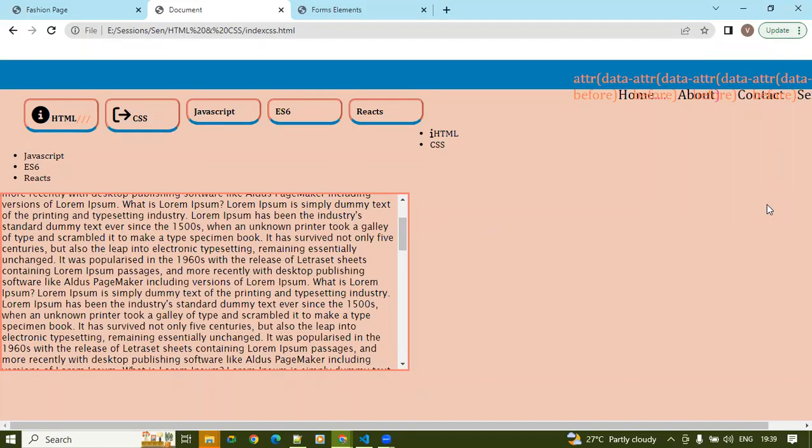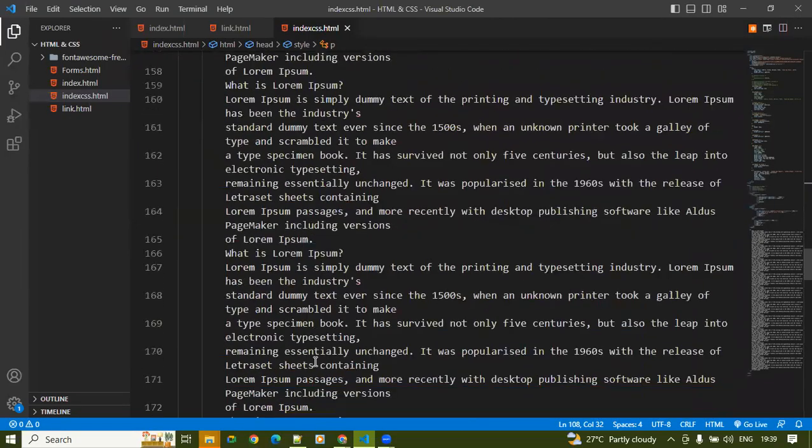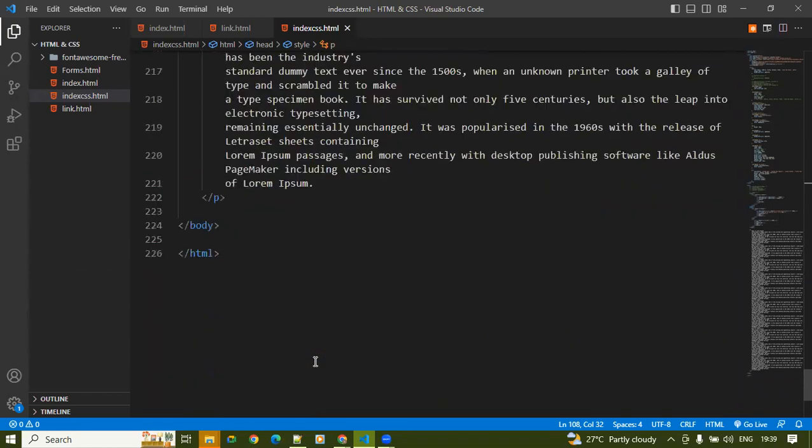A block level element is nothing but it is going to occupy the complete line. Like I said, the li is by default a block level element, it is occupying the complete space. Whereas when I'm using a span, I'll use a span next to my paragraph,